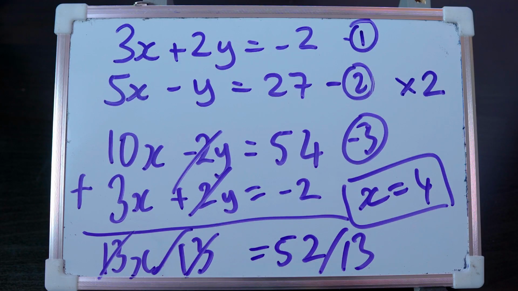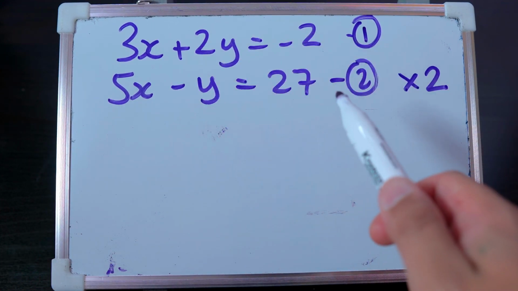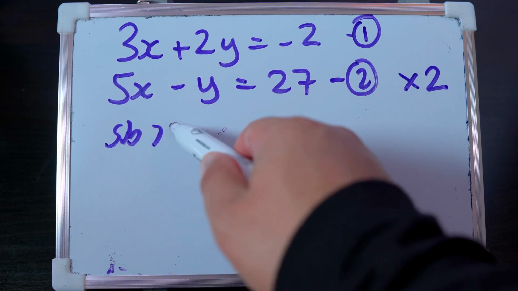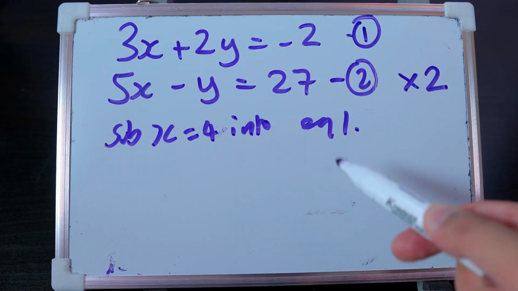And now you're going to substitute the value of x equals 4 so you can find out the value of y. So check this out. Let's just erase all of this and let's work out the value of y. So I'm going to substitute it, let's say in equation 1. So I'm going to sub when x was equal to 4 into equation 1. That's what I'm going to do, okay?